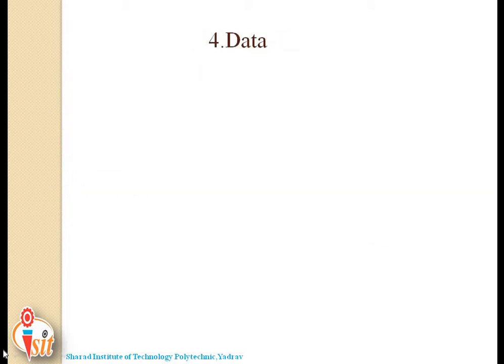The next component is data. Our first concept is data. In our course, we have seen the first definition is of data. Now everyone is very aware about data. Data is nothing but a raw format, not ready to use, and after processing the data, we will get the information.